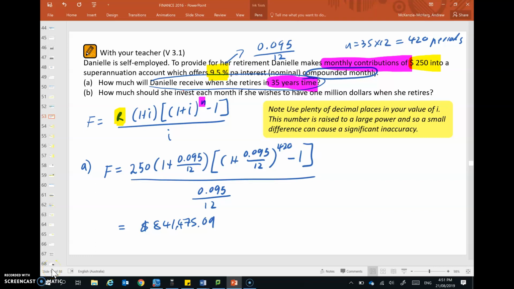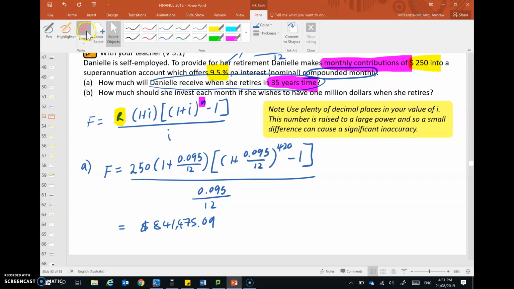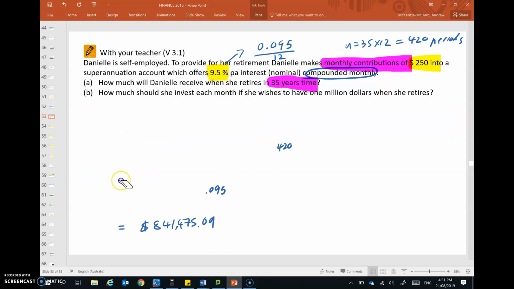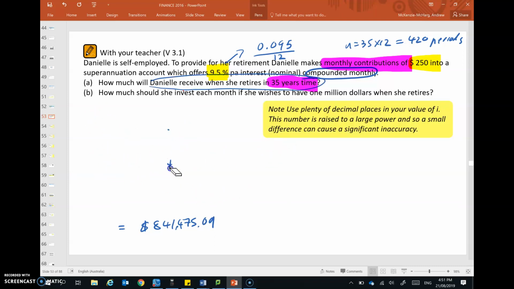Righto, General Maths students. We're going to continue our study of annuities in advance, and we're going to do part B of this question, where we're asked about calculating a regular payment. So I'll just get rid of all the stuff that was there, so we've got some space to work. So what is happening here is that in part A, we figured out that Danielle would save